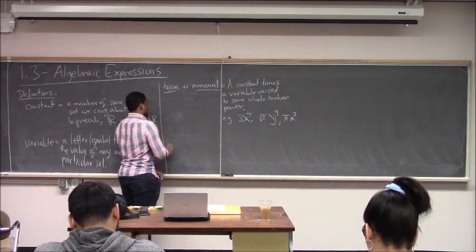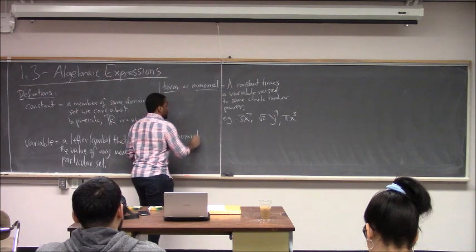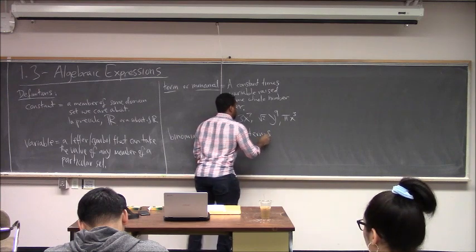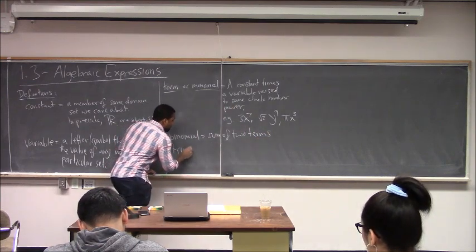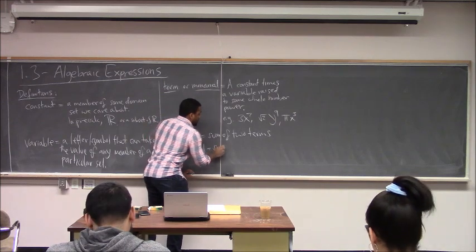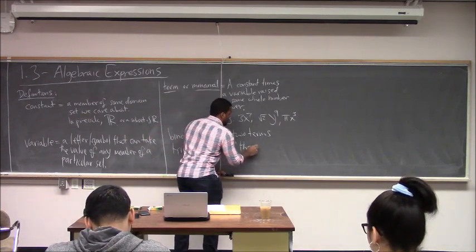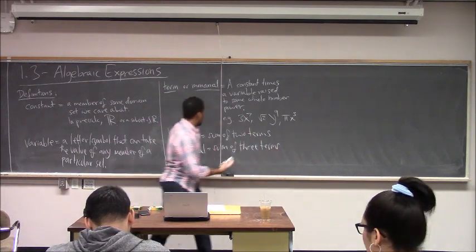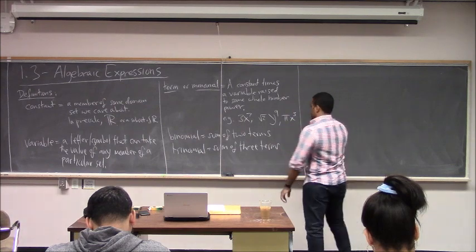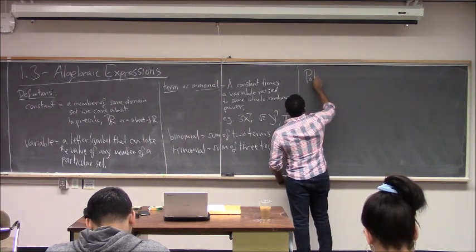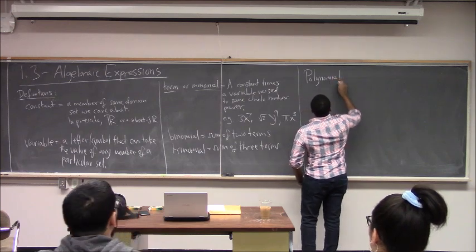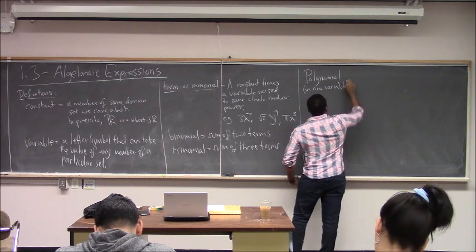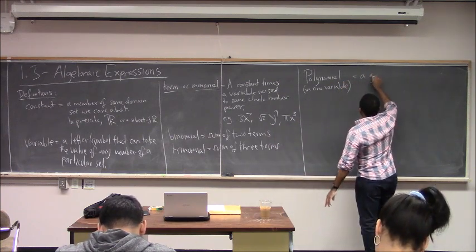Or a monomial. We also have something called a binomial. This is just a sum of two terms. Trinomial was a sum of three terms. We can also talk about what we call a polynomial in one variable is a general sum of terms